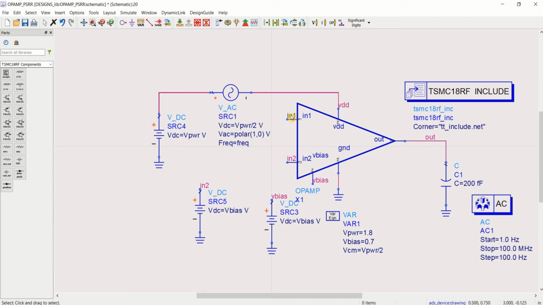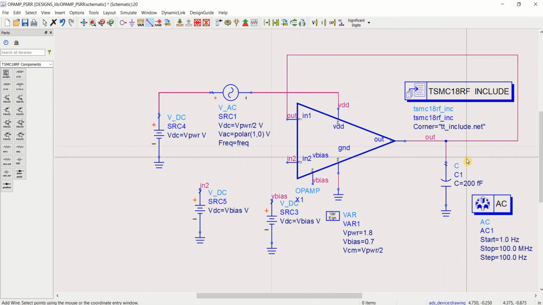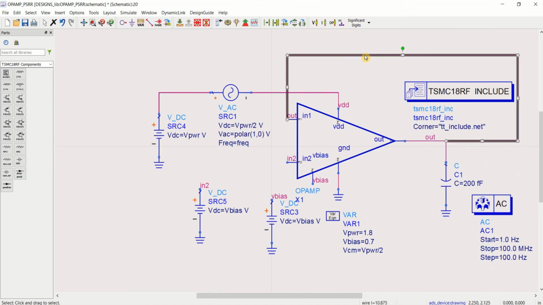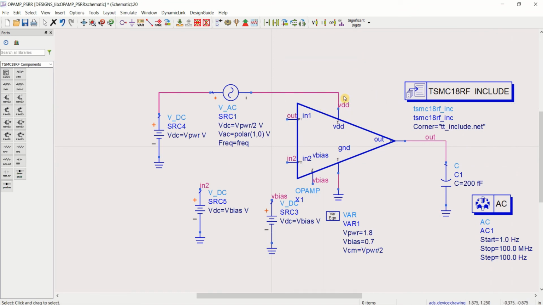Here you have to provide the out. I'll use the name out. It shows that it is a unity gain. Output is directly connected to the input in this fashion. So instead of this wire, we are using the labels. This has to be V half of the power, remaining no changes.